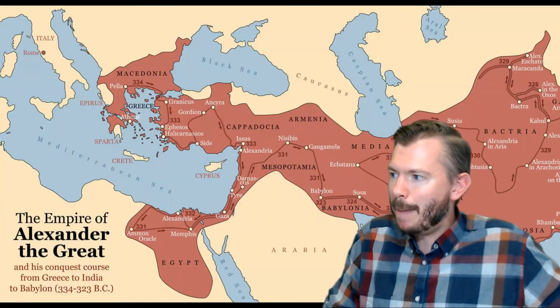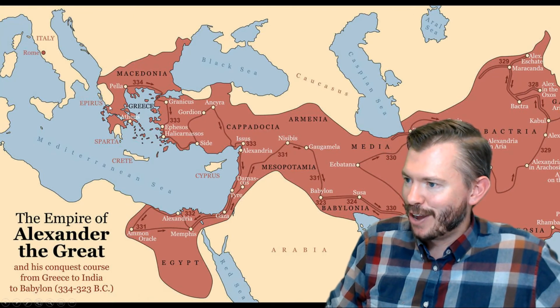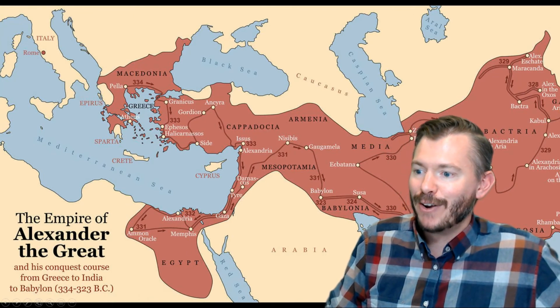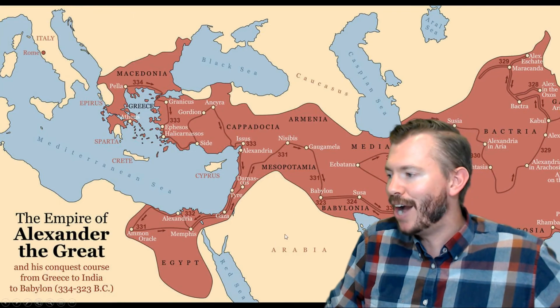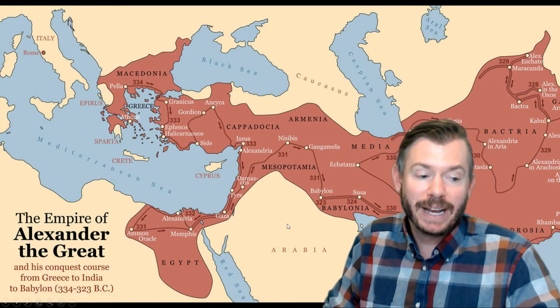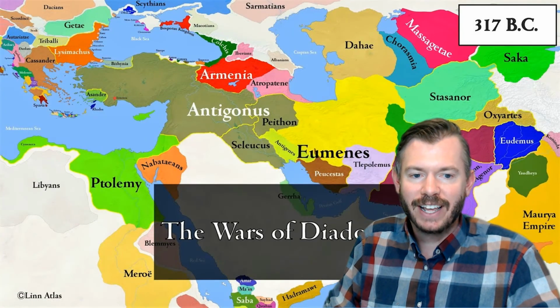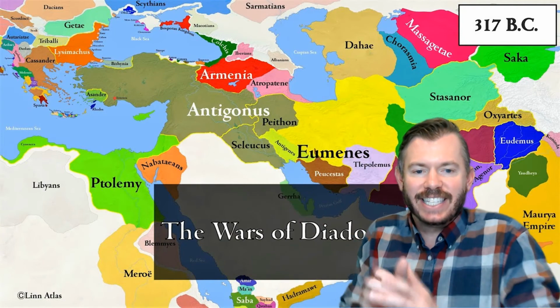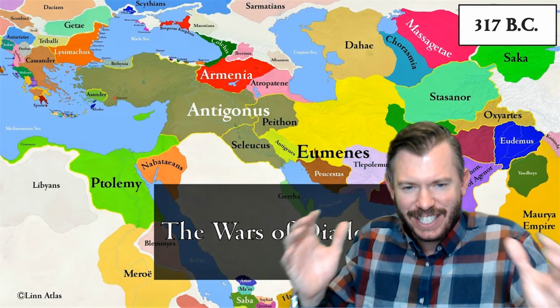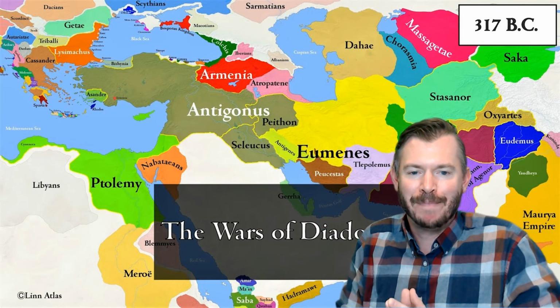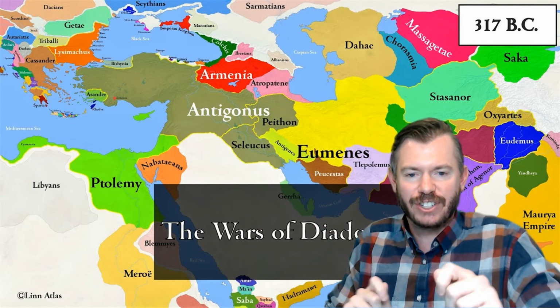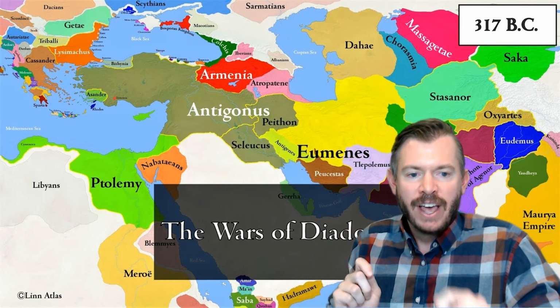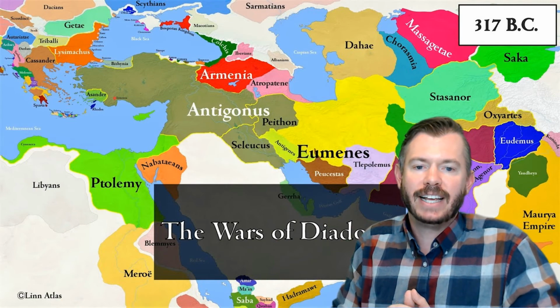And so you can see a map here. Greece is this dinky little thing over here, and Alexander conquers all the way out to India. He conquers Egypt, and builds the new biggest empire the world has ever seen. But after he dies, things split apart. Think of this as Game of Thrones time. His successors, his generals, his heirs, take over different parts of Alexander's kingdom.